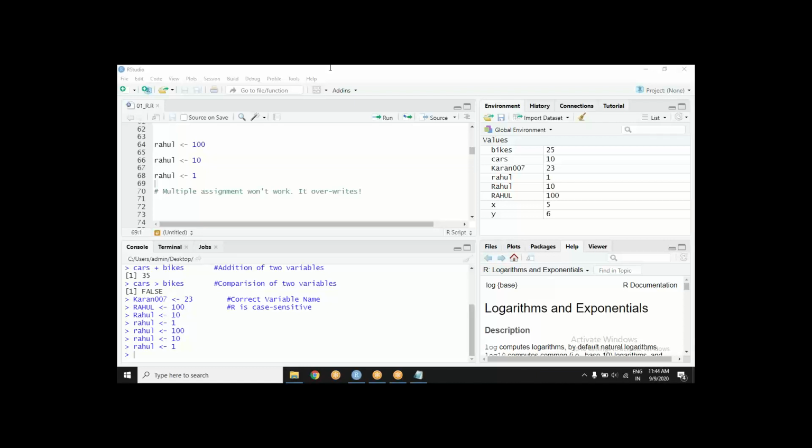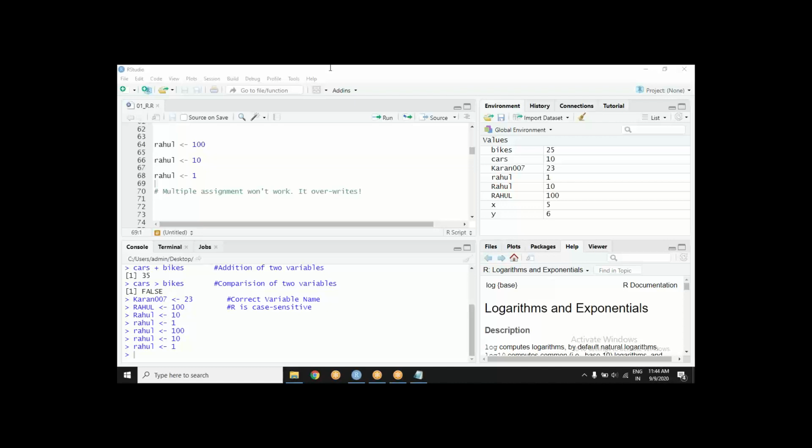Then there are some special keywords. We call them Boolean values. Every language has those two. Boolean values, logical values, whatever you want to call them: true and false.